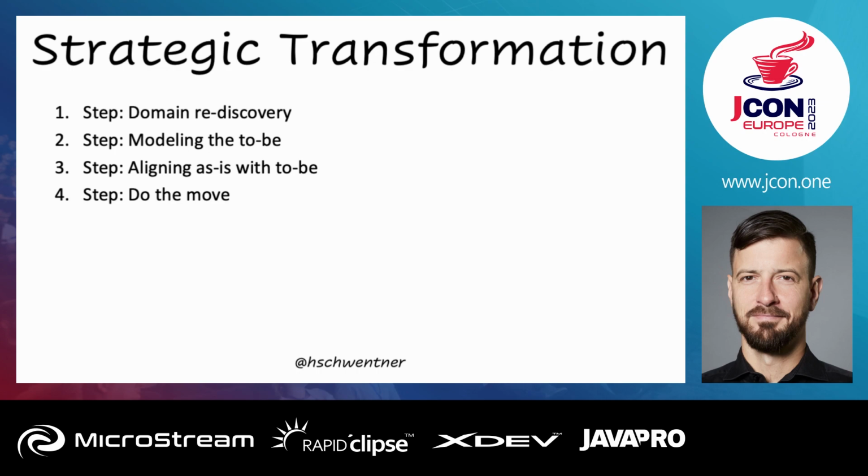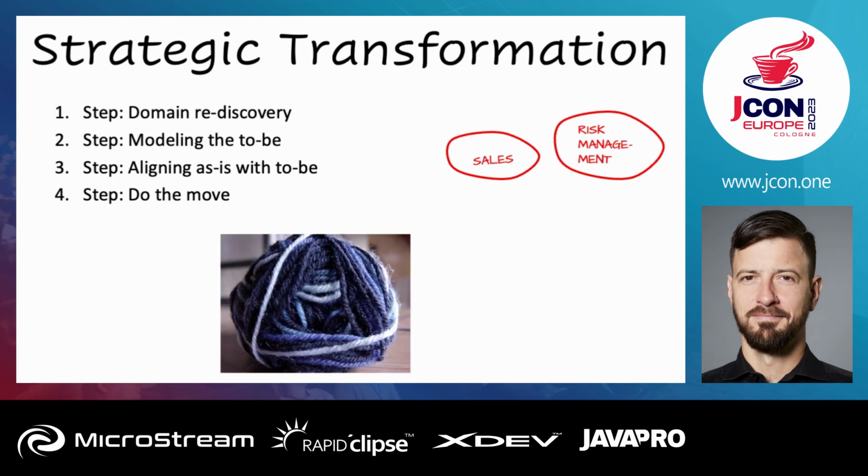And then step 4, that's the easy thing. Just do the move. Well, of course, that's a hard thing, and that would take a lot of time. So this is the ideal architecture. There is where we want to go, and this is the big ball of mud. And well, we have to find this magic arrow to come from here to there. That's the idea.